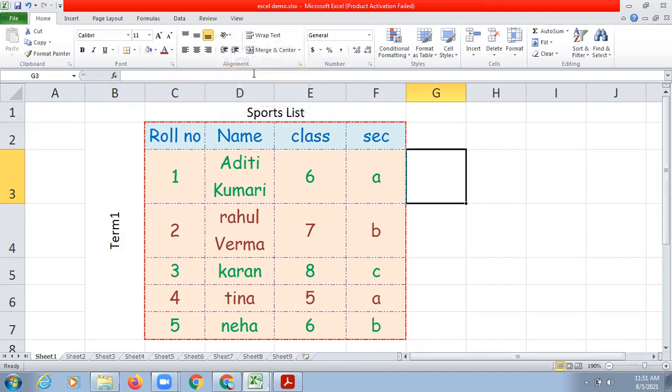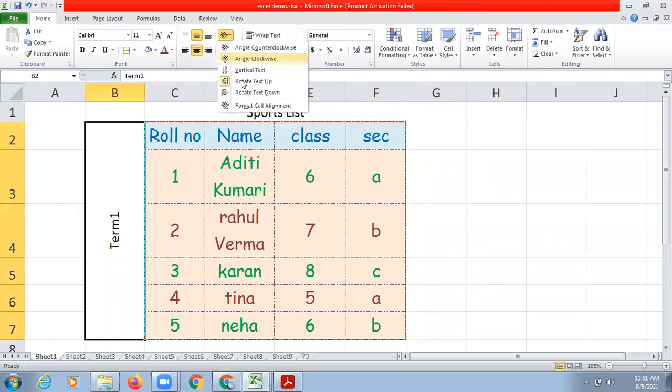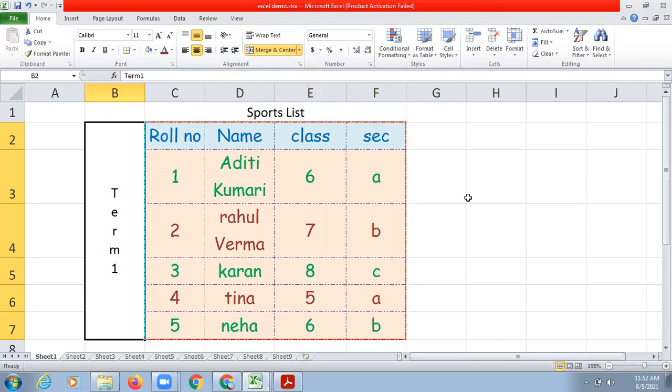So you can write in whatever way you want to write. So let's say we select this and choose this option, then it will go downward. And if you choose this option, then term 1 will appear like this. So it is your choice how you wanted to display, right?